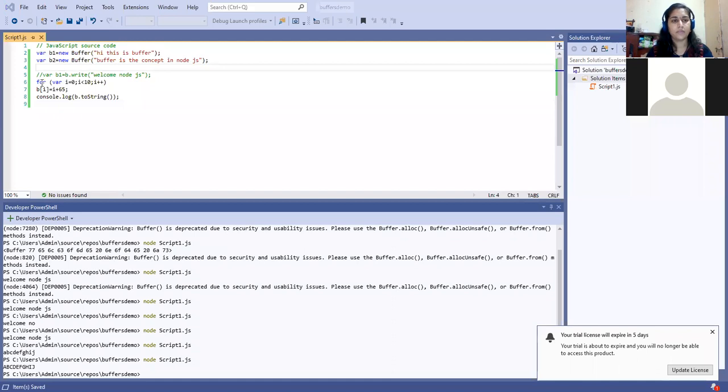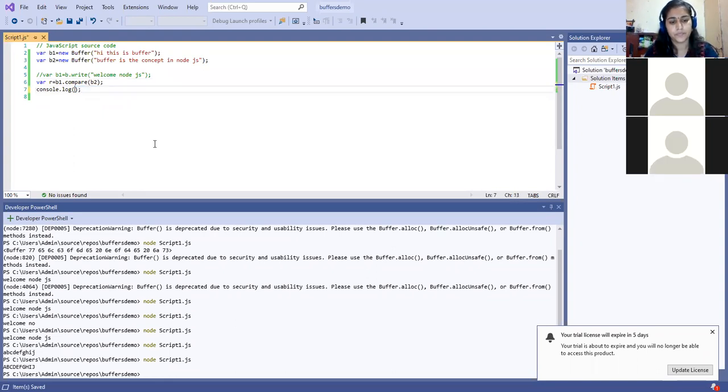What I need to do is use the compare function. So I'll just return one result, because the result would be 1, 0 or -1, whatever it will be. Okay, so I'm taking r as a result, where r equal to, and I have to compare b1 dot compare, and the second parameter is b2, which I want to compare. Okay, so let us see what will be the output. I want to display r instead of the buffer, the result.